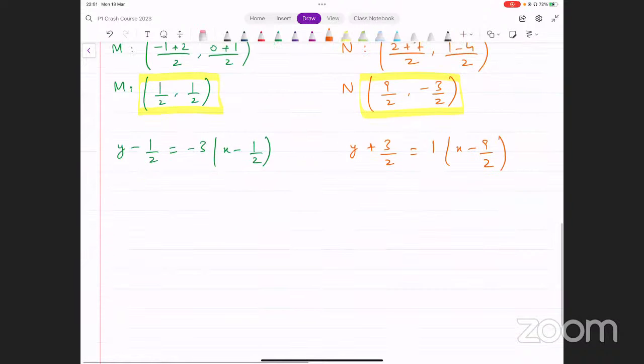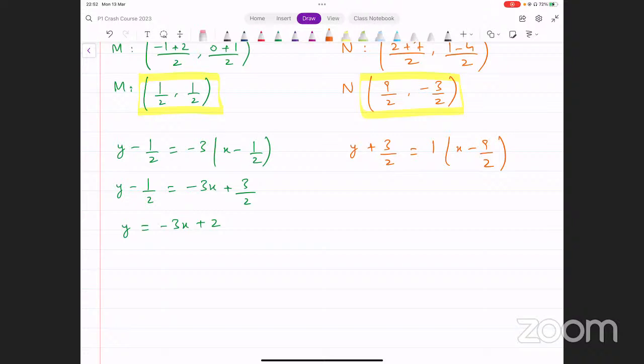Let's simplify these equations. The first one gives us y minus 1 over 2 equals minus 3x plus 3 over 2. When 1 over 2 goes to the other side, it becomes minus 3x plus 4 over 2, which is